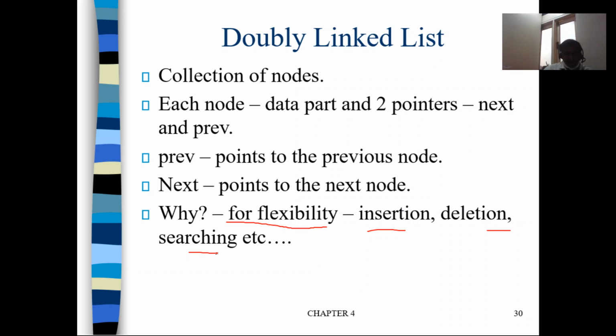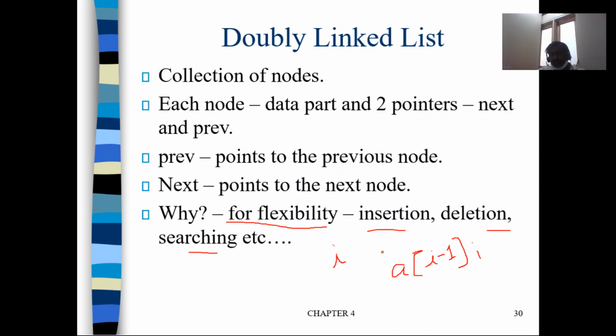For example, in an array, if you want to access the ith element of an array, you can just access it something like this, a of I minus 1, which will give you the ith element of the array, right? Because a of 0 will give the first element, a of 1 will give the second element, so a of I minus 1 will give you the ith element of the array. It is as simple as that, okay?